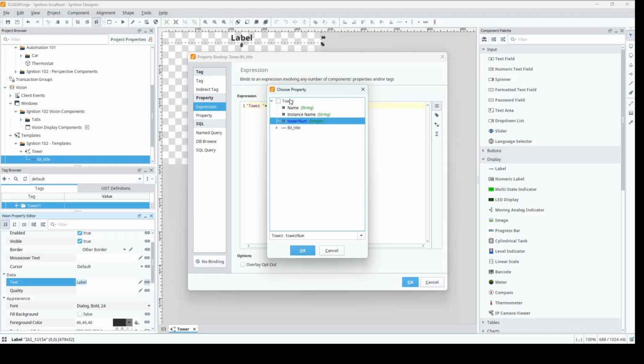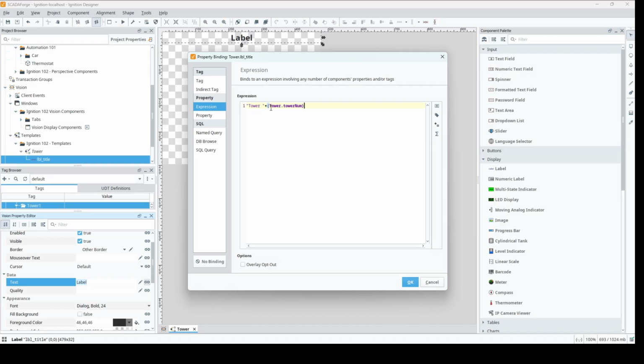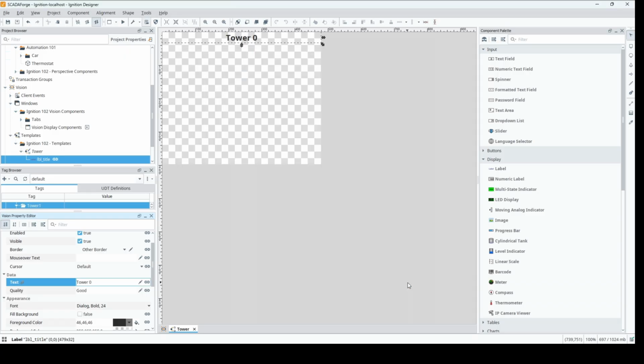That will bring up your template, and the blue items are the custom properties or the template parameters, and that's the same across the board if you're doing custom properties on components or windows or anything. So we'll select that and we'll hit OK. And then that comes in with the curly braces, and that will give us a text string on the label that says tower with a space and plus whatever the value of tower num is, which in this case is 0